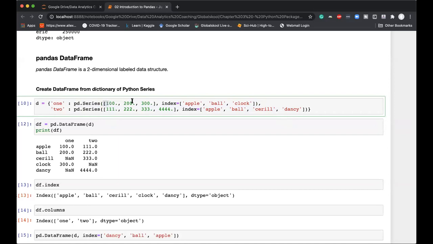Excellent. If you look at the value of the first object 1, it is a series object, and these are the values of the series object: 100, 200, 300, and the corresponding index is apple, ball, and clock. You see the name of this column will be 1. The second item has the name 2. It is a series object with 4 elements: 111, 222, 333, 4444, and the index values are apple, ball, Cyril,